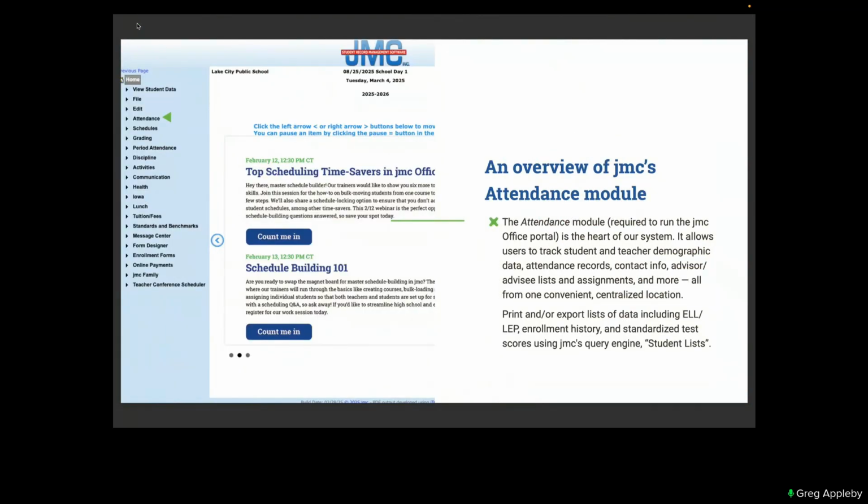The attendance module, required to run the JMC Office portal, is the heart of our system. It allows users to track student and teacher demographic data, attendance records, contact info, advisee lists, and assignments, and more, all from one convenient centralized location. Print and/or export lists of data including ELL, LEP, enrollment history, and the standardized test scores using JMC's query